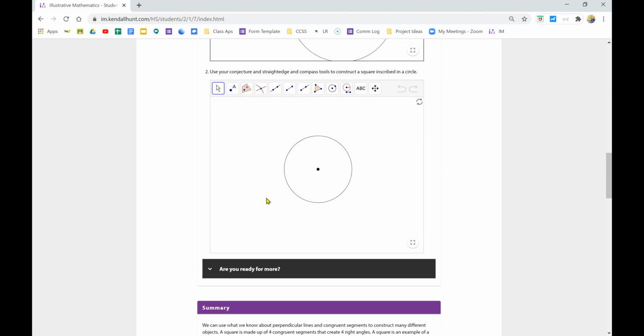intersect each other perpendicularly. So all I'm going to do is take my line tool, start at the center, and then put a point somewhere on the circle. Doesn't matter where. So here's a line, and if I intersect the circle with the line, I have 2 points on the circle. This point in the middle is the center or the midpoint of this segment because they're both radius. And now I can draw a perpendicular bisector of this line, and that will give me the other 2 points